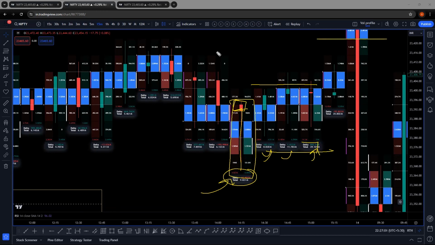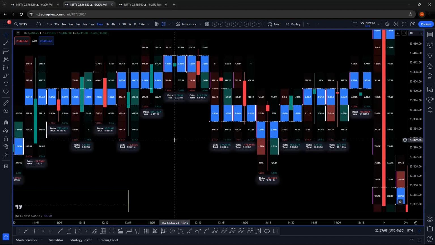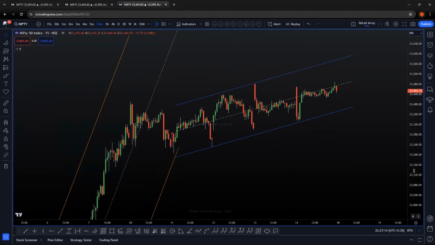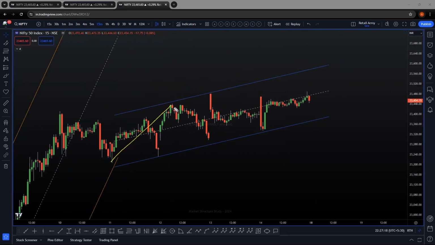And again, the same cycle of trapping starts. So this is not a story of only 12th and 13th. This is an everyday story. So what were we expecting in the market? We were expecting this to happen because we were expecting an A, B, C pattern and then a fall down as D. Then again, we were expecting the market to rise. This was the video analysis I shared in the midweek.